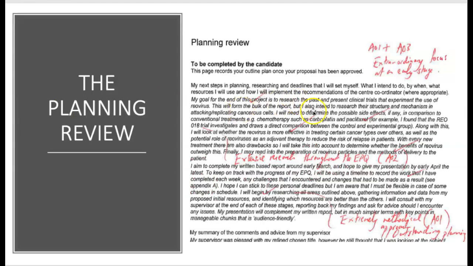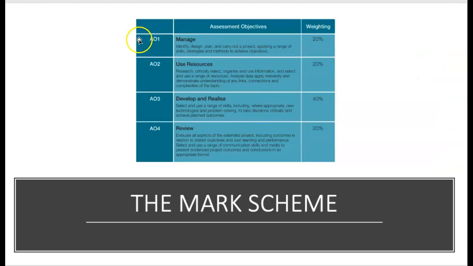After this, in January, the students will start the third entry in their production log. And this is a really important one. It's called the planning review. I'll do another screencast later, but just so that you know, this is when they break down the huge project into different sections and decide how they're going to move forward. So in terms of the assessment criteria, this would be the AO1, project management. Okay, so that's in January.